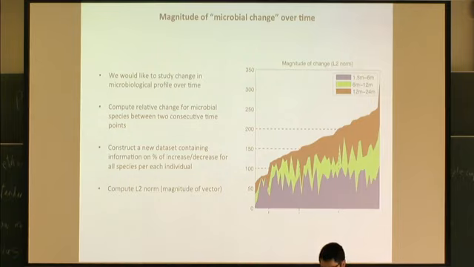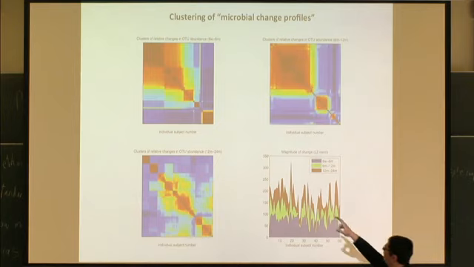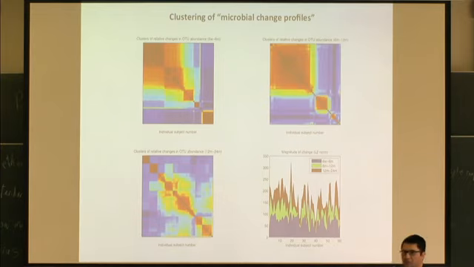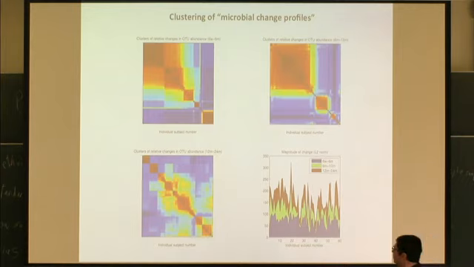But this is concerning the change. Now we could also do the same thing, applying our technique on these data sets of change. What you see here are these clusters, the red blocks. But now these are clusters of kids who have their microbial profile changed similarly between the different time points. What you see is that early in the beginning of their life they have a similar pattern, but towards the end, between 12 and 24 months, they become quite diverse.